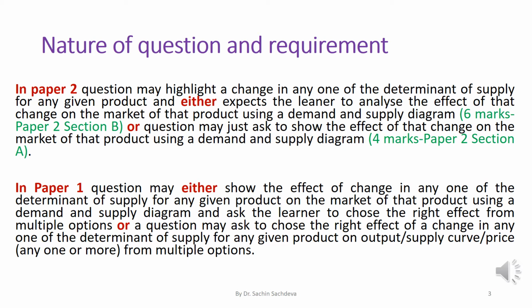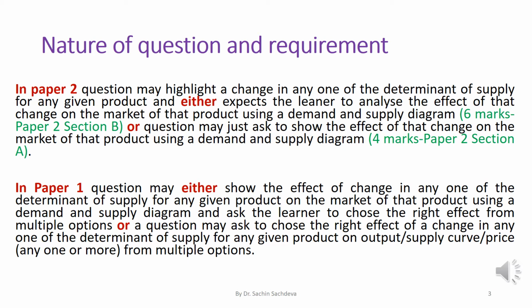In paper 1, a similar thing will be there, but the correct effect will be asked of you by providing multiple options. It may be asked by showing you a picture of a diagram and asking you whether the new equilibrium will be option A or option B or option C or option D. Multiple new equilibria will be given in the diagram, and any one of the options will be correct. If you understand the concept well, you will find the question very easy to score.